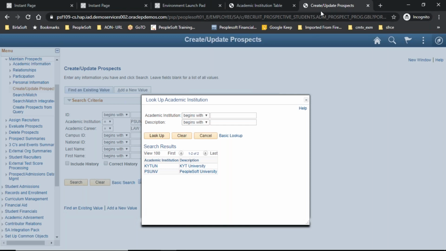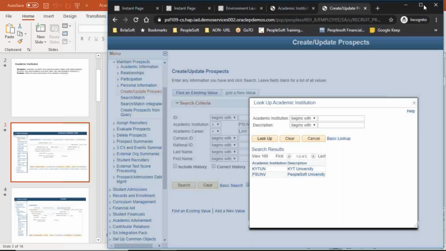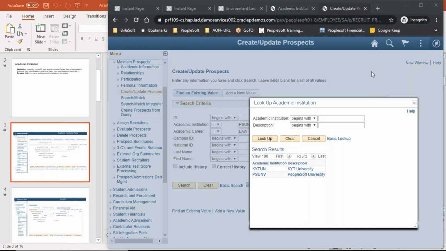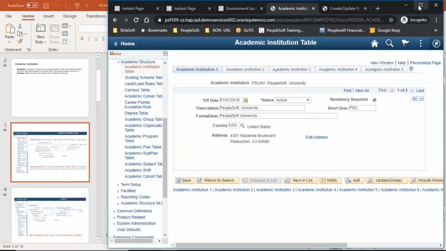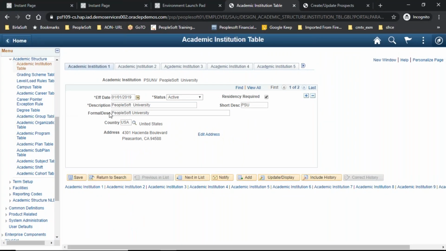Now then, what is the effective dated concept? So the effective dated concept is, for example, today we are in March. We want that at the end of this year, maybe on the 31st of